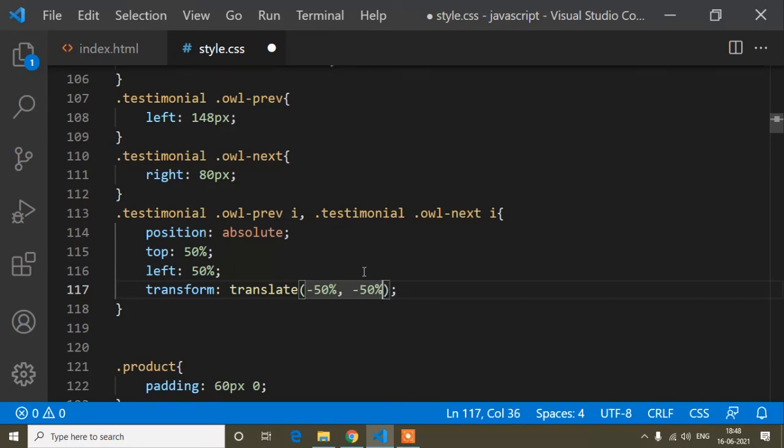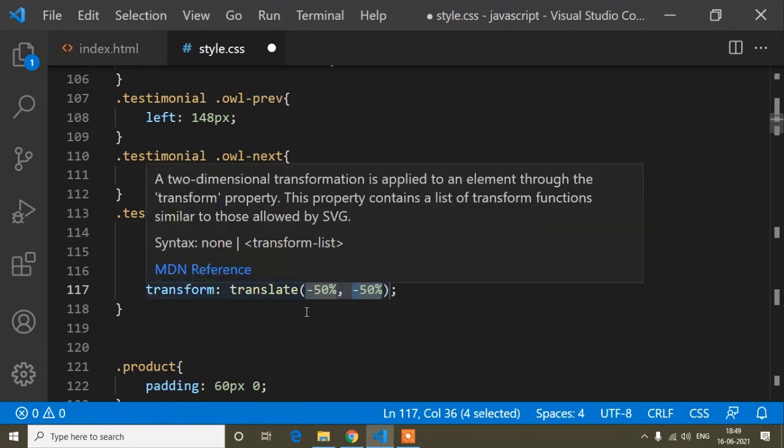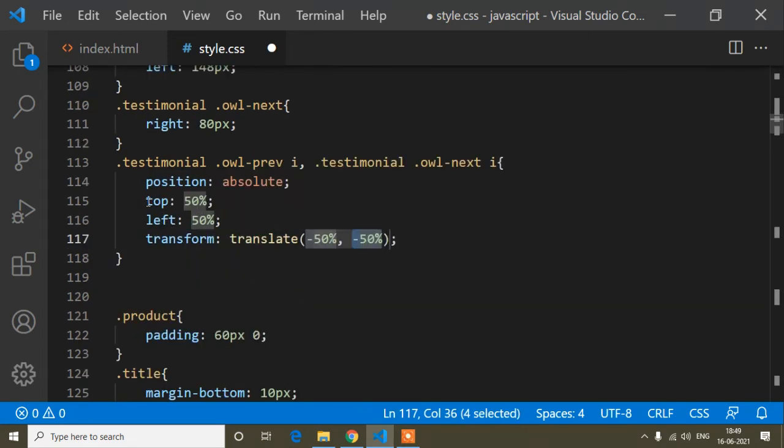From top and bottom it will be minus 50%, and left and right it will be minus 50%. That means it makes the top, left, right, bottom properties work precisely. Okay, so this one is done.